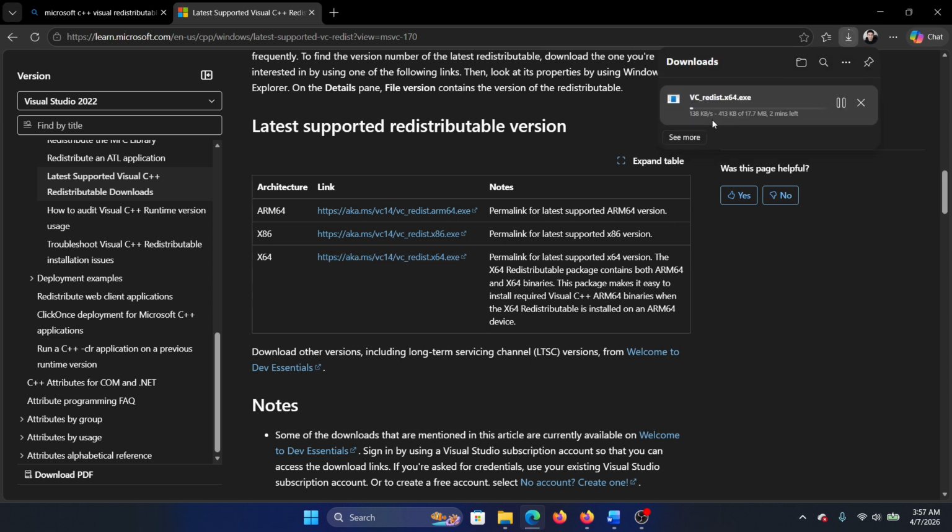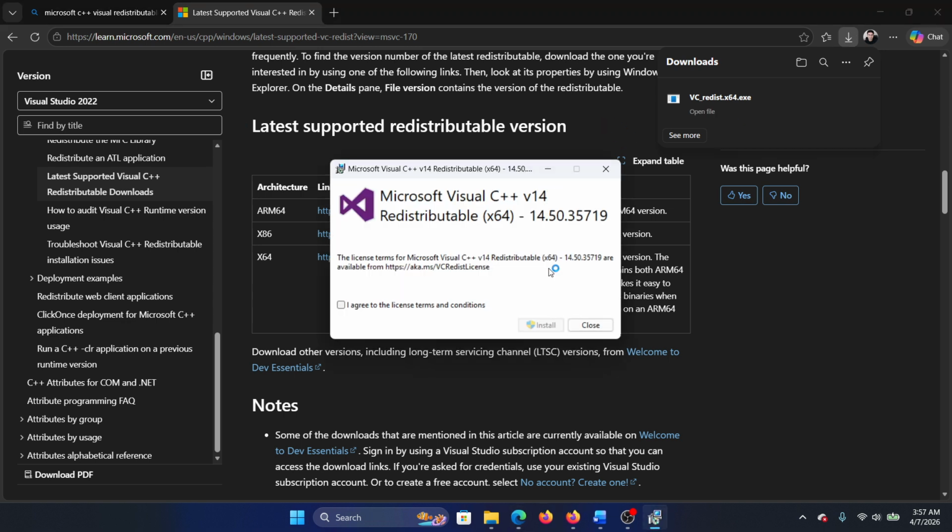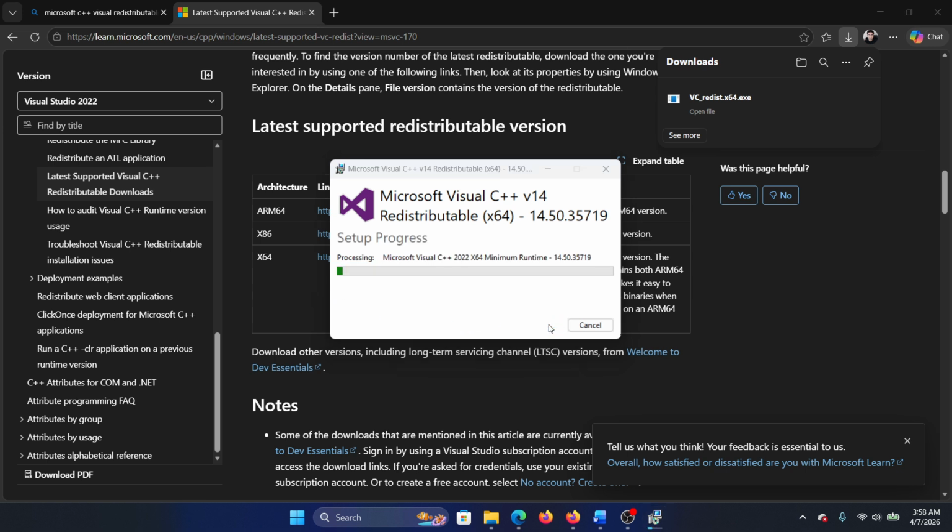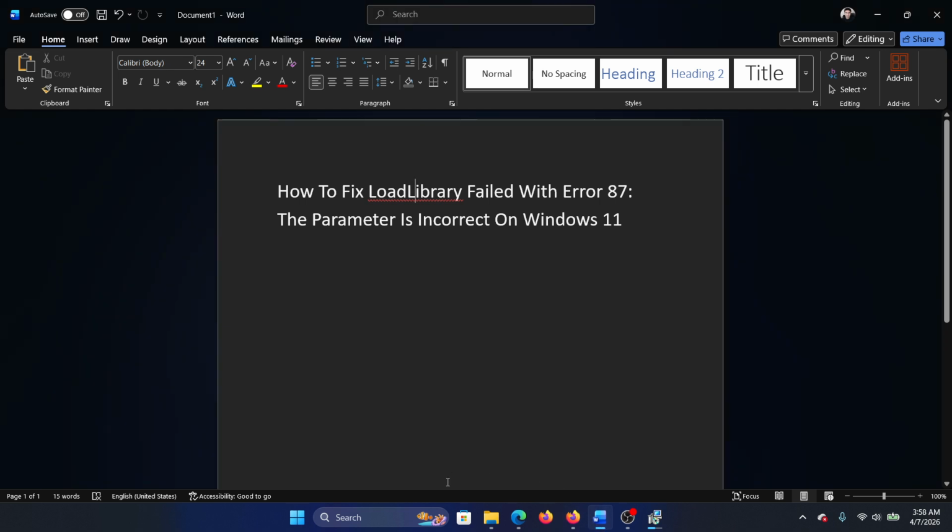It will download and I'll straight away click on open. I'll wait a few seconds, up to a minute, till the launcher opens. And once the launcher opens, I will install the Microsoft C++ redistributable package here. If I have the install button, I'll install it, and if I do not have it, I will have the repair button, so I'll repair it. Okay. So this should solve the problem, but if it does not, then the next solution is